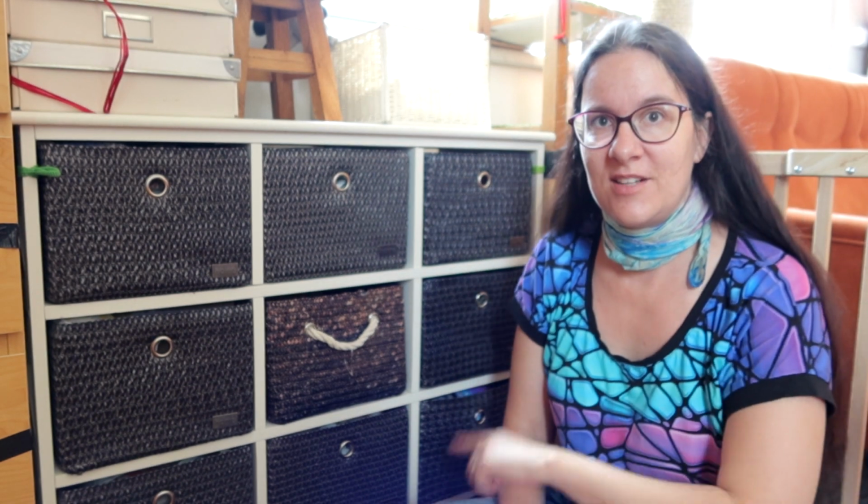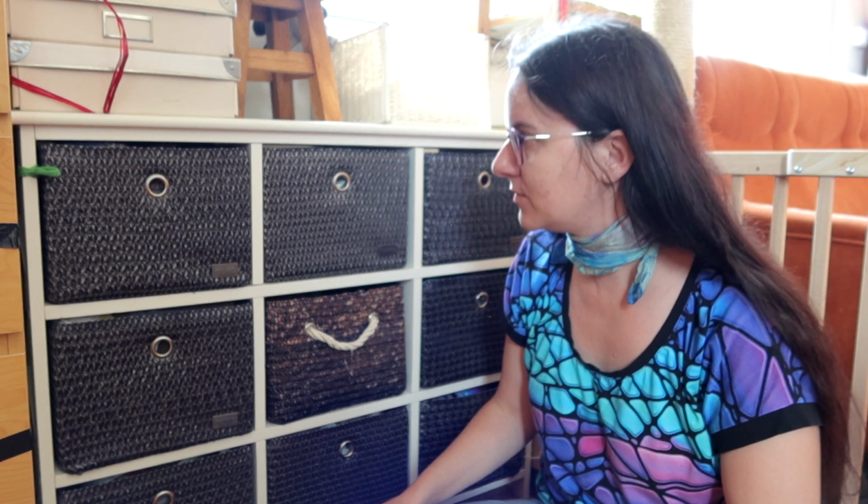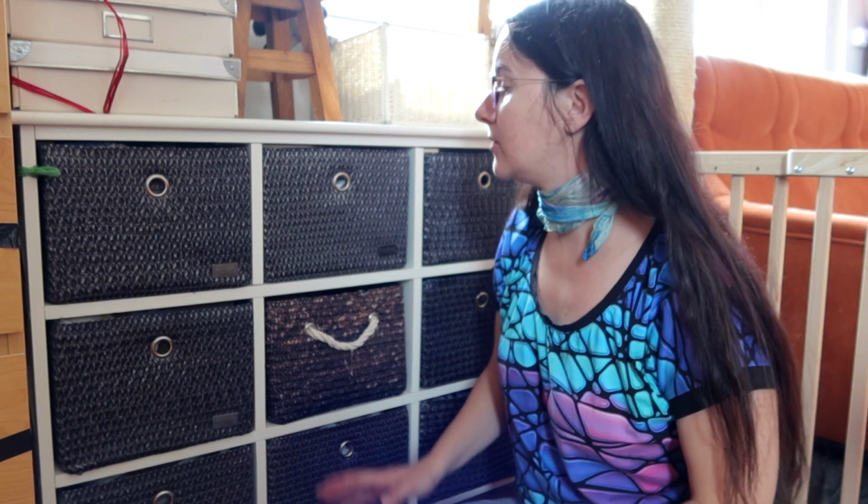Okay, and now this one holds mostly craftsy things, but in some cases other stuff, as well as the duct taped one. The lower two drawers are, thank you kitty, cat scratching. The lower two drawers of the duct taped one are hair stuff and some cosmetic bags and stuff. Yeah, so